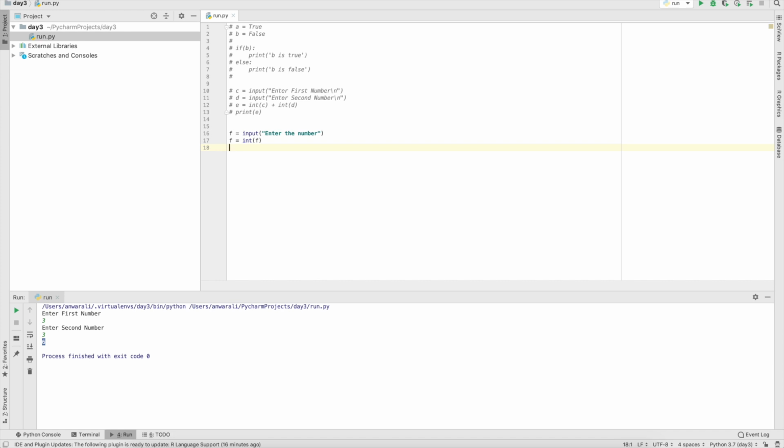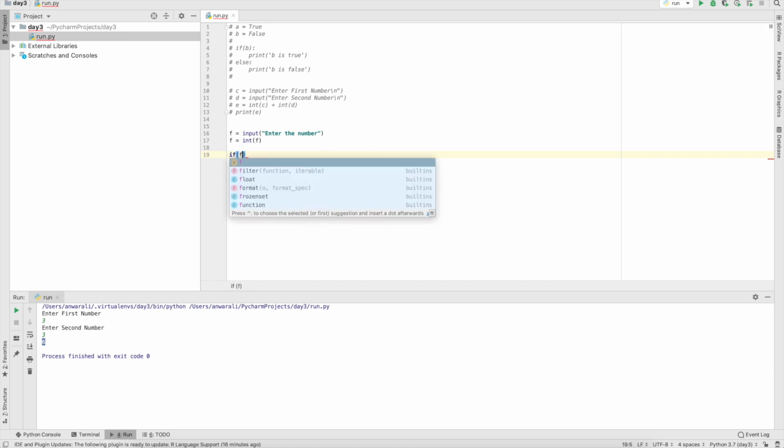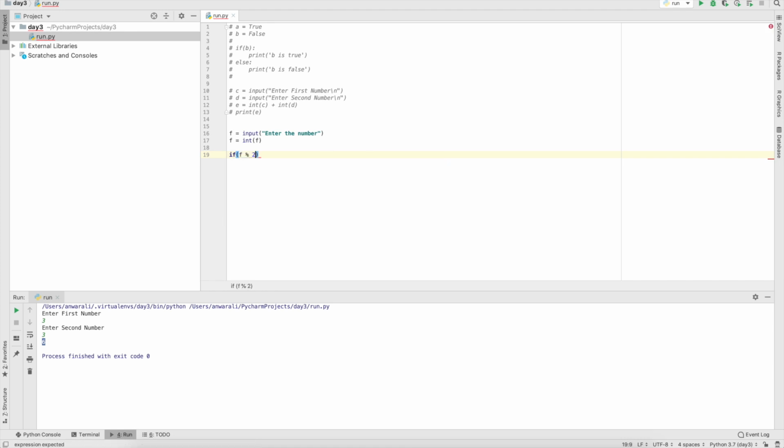So let's do that. So if I say if, no, that's not this. After we got the number from the user and converted it to int, I would just want to check if the number, when divided by 2, gives us the remainder of 0. This means this is an even number. So I can just add a colon over here, give an indent, and say